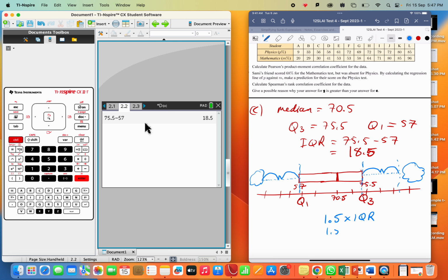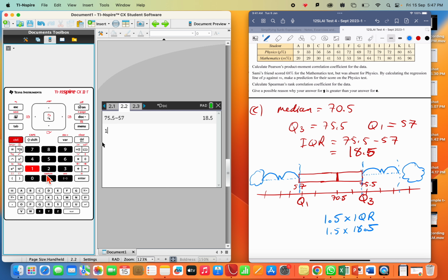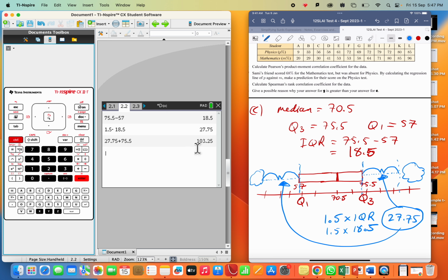So we've got 1.5 times 18.5. And I'm just going to switch to my calculator. 1.5 times 18.5, boom. So that's 27.75. Okay, so that's the distance that we add on to the upper quartile and the distance we subtract from the lower quartile to find our limits, beyond which is an outlier. So let's just take that answer and let's add it to our upper quartile. The upper quartile is 75.5. So anything beyond 103.25